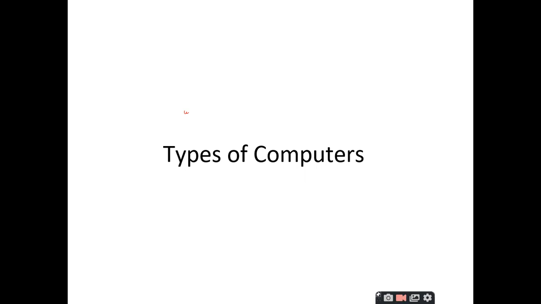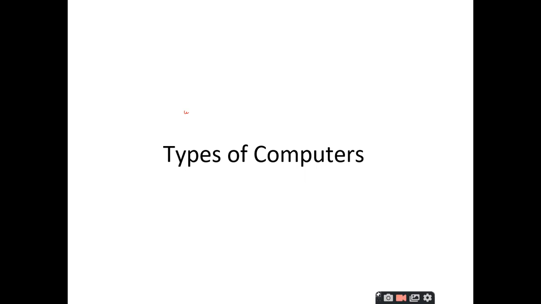So, in the last session, we discussed the introduction to computers, where we went through the definition of computer and then the history of the computers, and then we saw the various generations of computers we have. All the 5 generations that we discussed in the previous session are based upon technological advancement. At present, we are in the 4th generation and we are moving towards the 5th generation, where the technology that lies behind it is artificial intelligence. So, that is all about what we discussed in the last class.